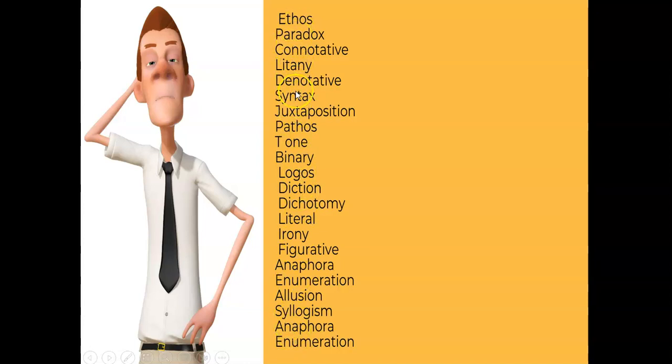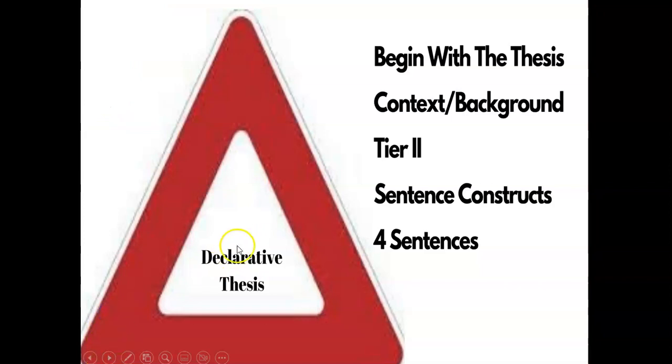So with this particular one, again, we did not do any Socratic seminars, no fishbowls, no Harkness discussions, no Plato discussion. Cold read. I showed it to them 3 times and they wrote. And I'll show you what they came up with in just a second here. So this is the diagram I use for declarative, right? So begin with the thesis. How does the author construct meaning? 3 sentences. What is the authorial intent? Last sentence. It's always going to be 4 sentences long. You got to sprinkle in a little bit of context and background without getting plot summative. We have to keep in mind we're performing rhetorical analysis and not plot analysis.